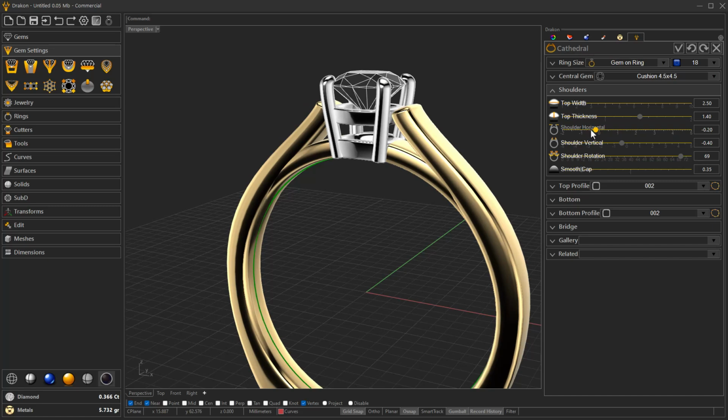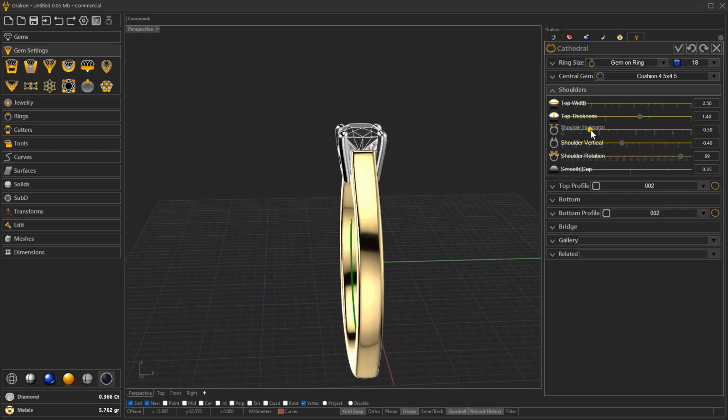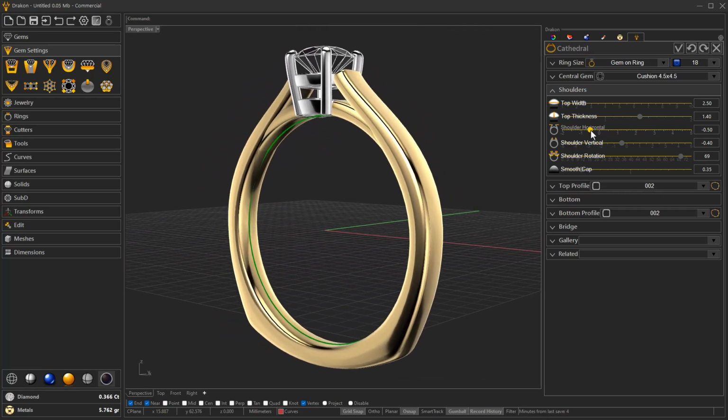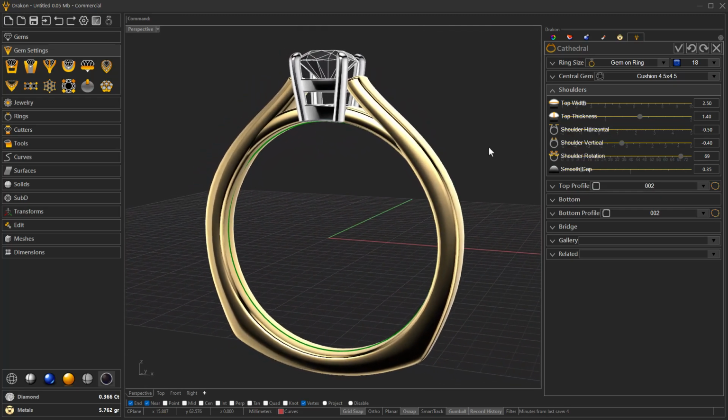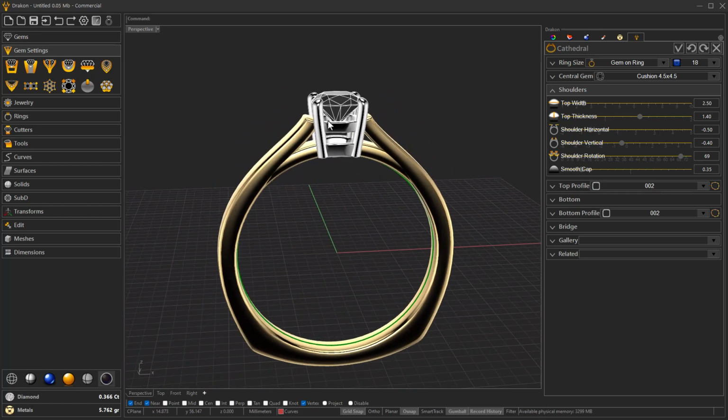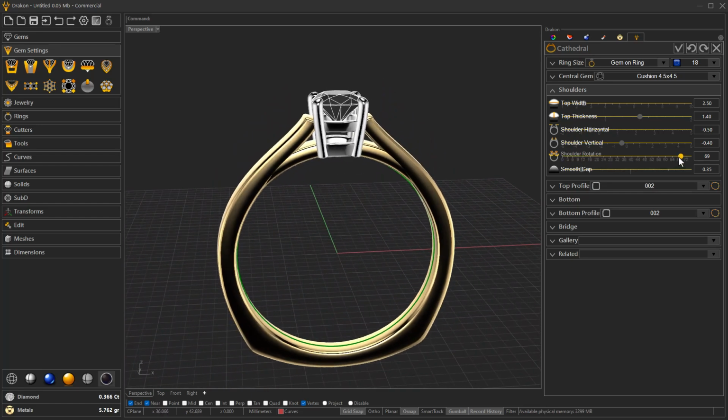Let's reduce a little bit more, and probably for this case we could readjust here the inclination and a few other options, but maybe we can just reduce here the vertical distance as well and come back to my